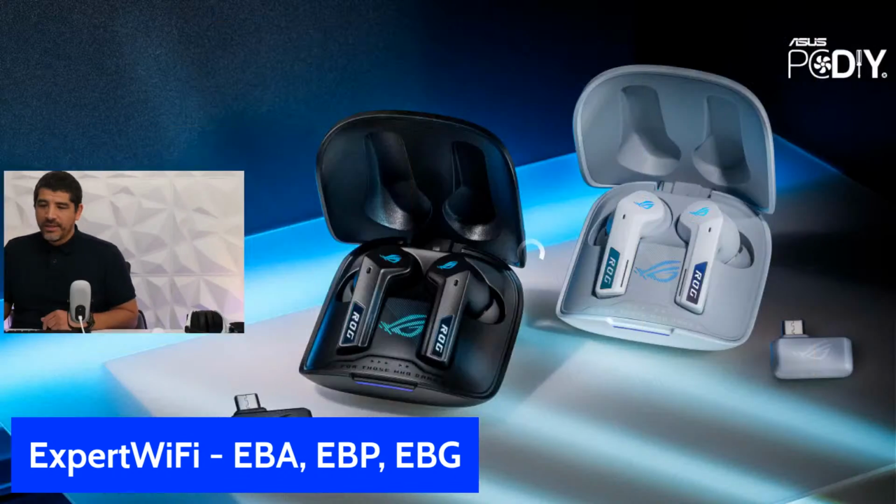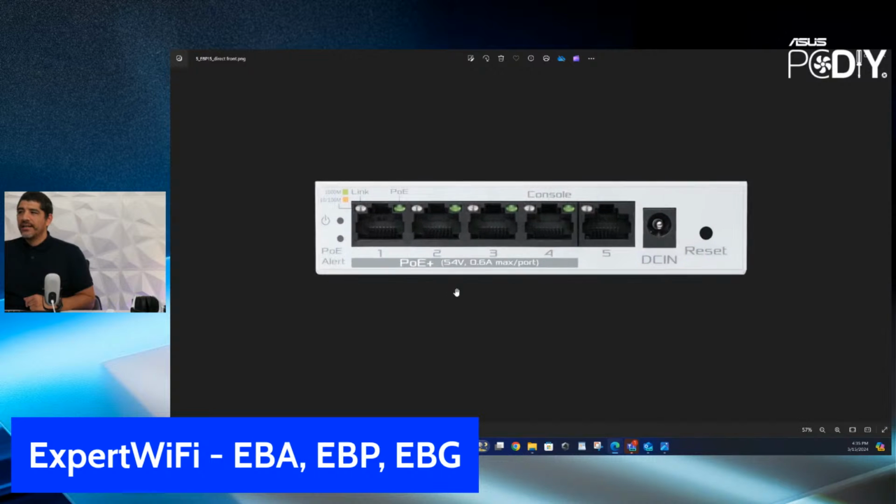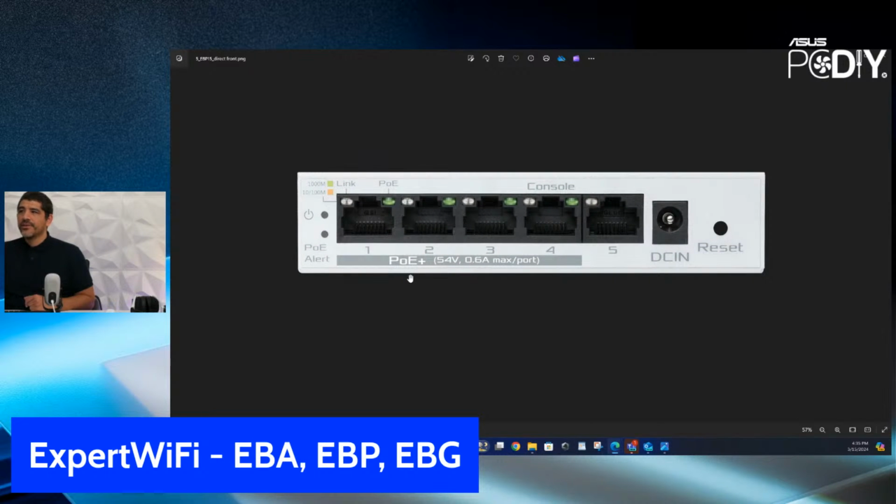Lastly, of course, is going to be supporting with the EBP. Let me go ahead and bring that one up. The EBP is going to be very complementary to the EBA, in that it's going to support power over Ethernet. So you still have that hardware switch based design, but you're also integrating power over Ethernet to be able to supply power to something like the access